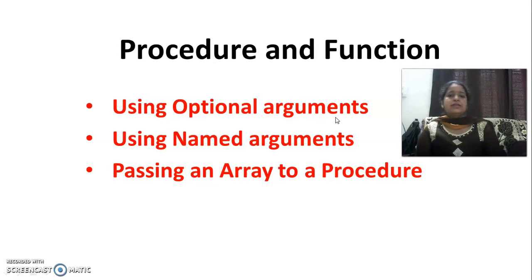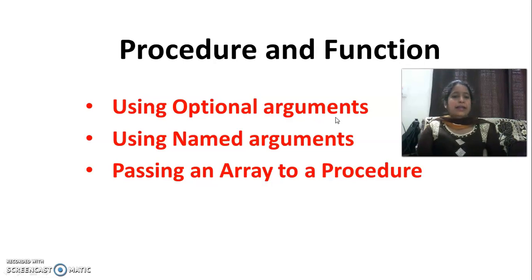It is very easy to pass the optional arguments in the procedure header or the function header by using the Optional keyword. Now, there is one rule regarding the optional argument: always pass the optional arguments at the end of the argument list, not in the starting.